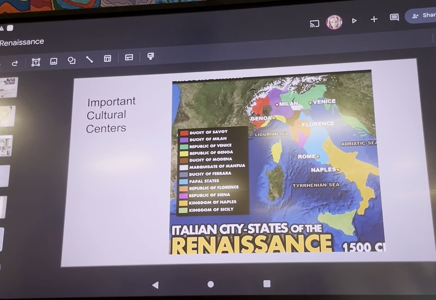So the Renaissance birthplace is in Florence. I want you to think of the Medici family. They were very powerful bankers. And some of the Medici family actually became popes. And these popes used the Catholic money to hire these master artists. They commissioned these artists to paint or sculpt